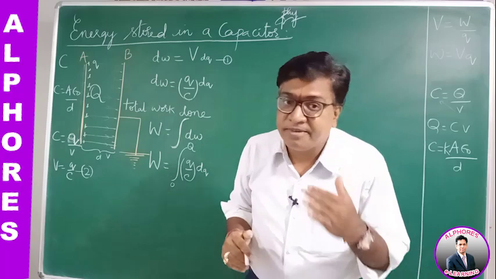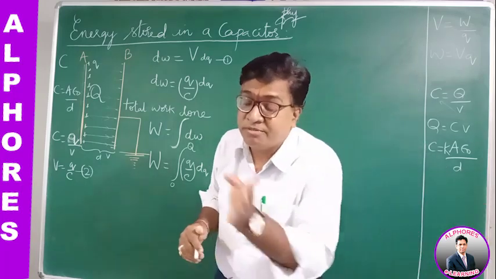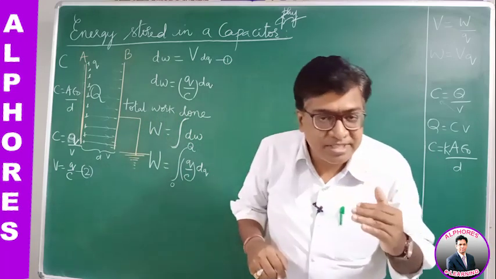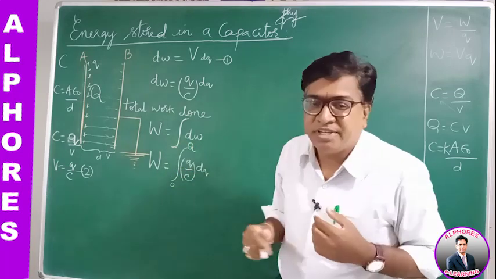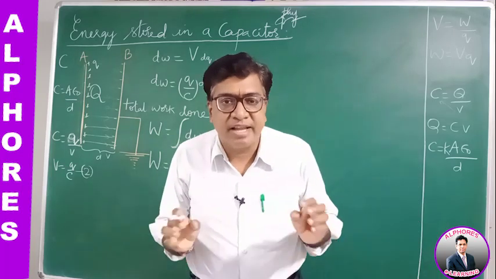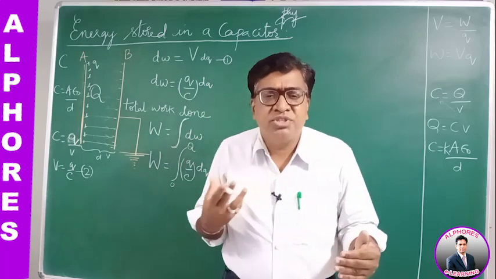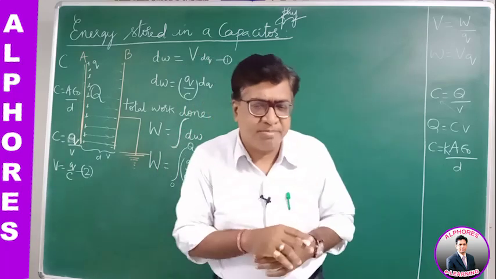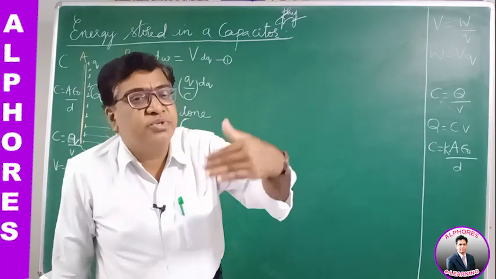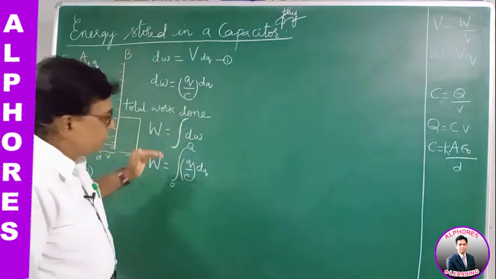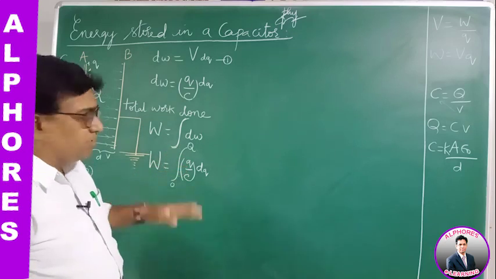Now suppose the charge on the capacitor is already Q1. If I have to increase the charge to Q2, then the limits range from Q1 to Q2. But in my process here, initially there was no charge in the capacitor. I started with 0 charge. Now I want to store the maximum charge, capital Q. So I have to increase the charge from 0 to Q. So the total work done is integral from 0 to capital Q of q by C dq.